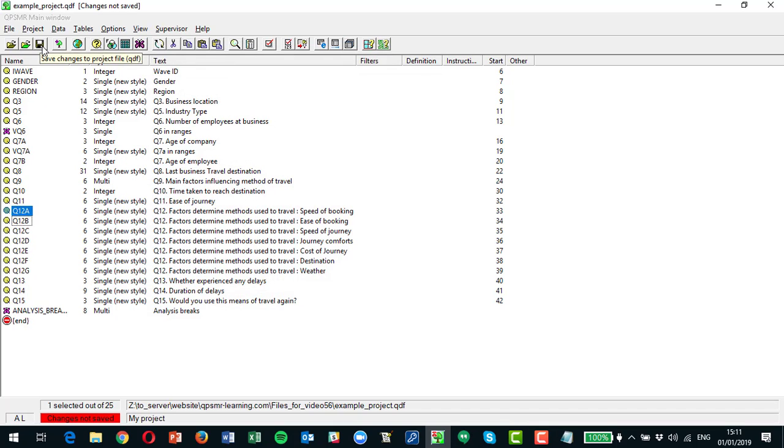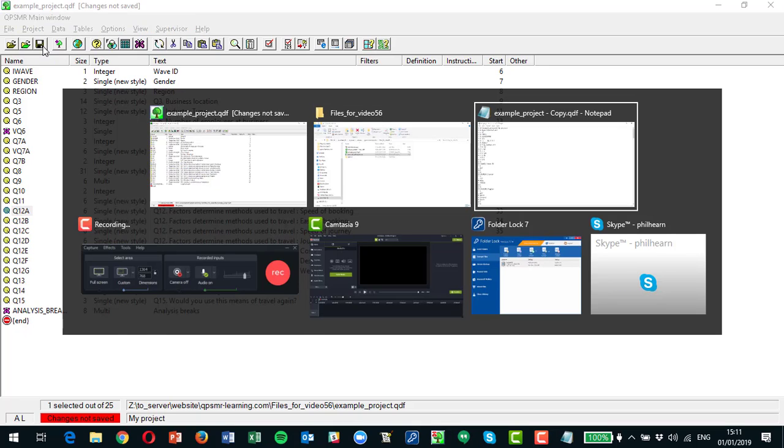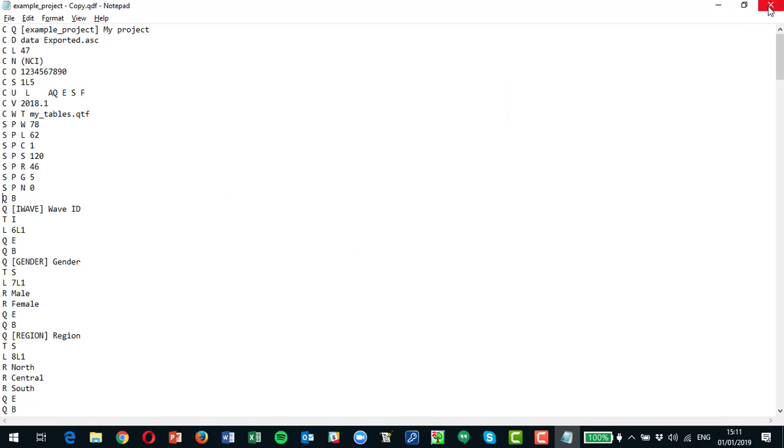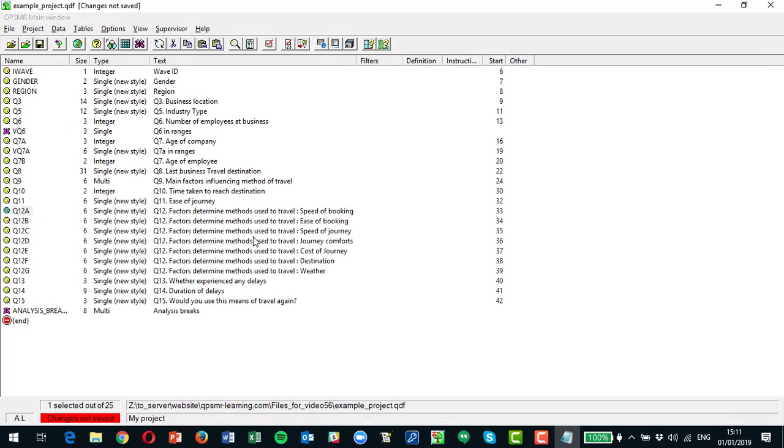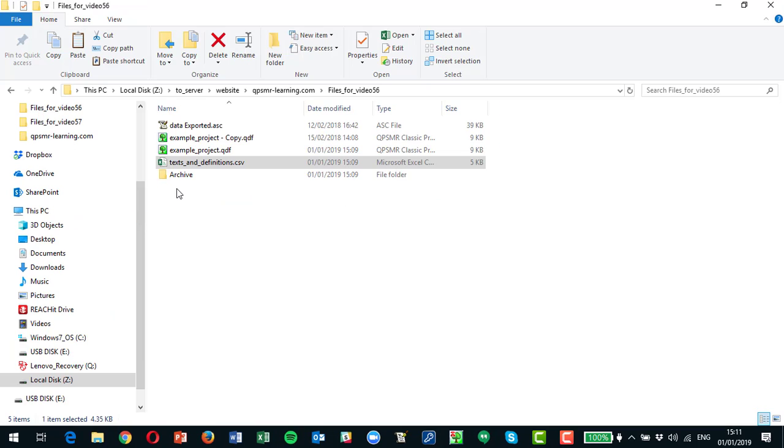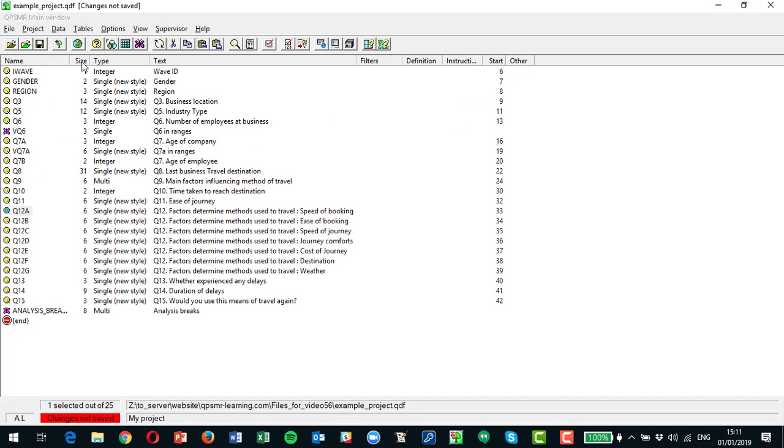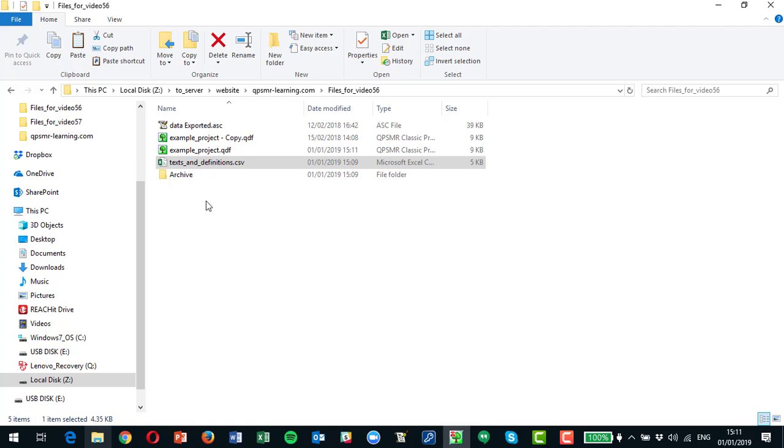And if I was to save this now, so I'm going to quickly close this. Well, it's actually on the copy here, so I'm just going to quickly close that. If I was to save that file now, what I'd get is 12A now with the scores applied, but B, C, D, and E wouldn't have that applied. So I can now go into the QDF,